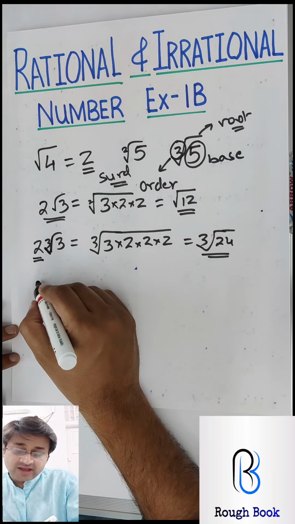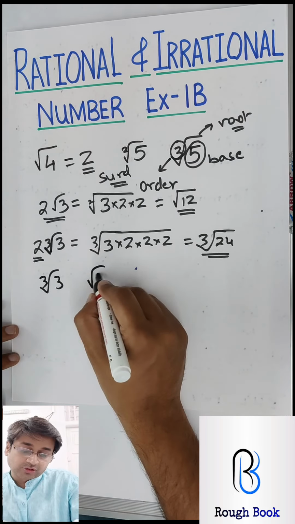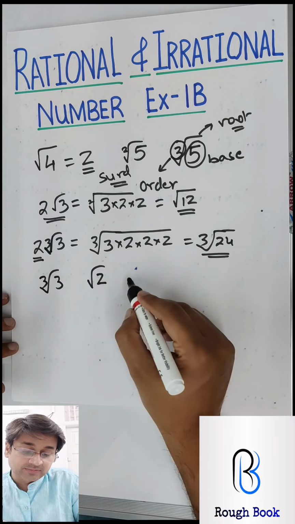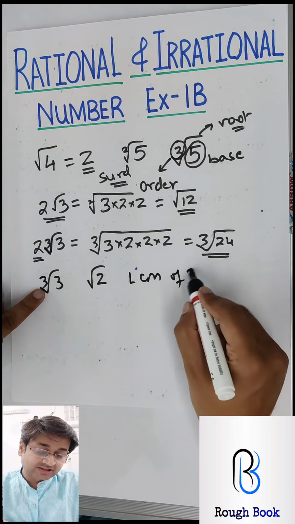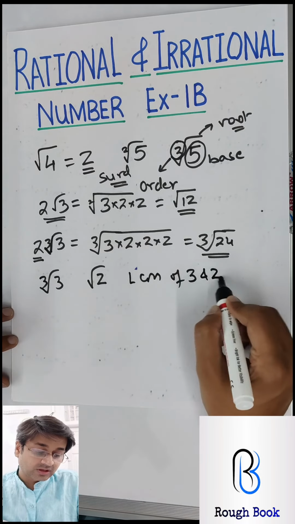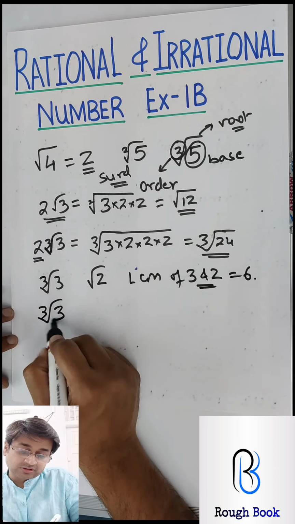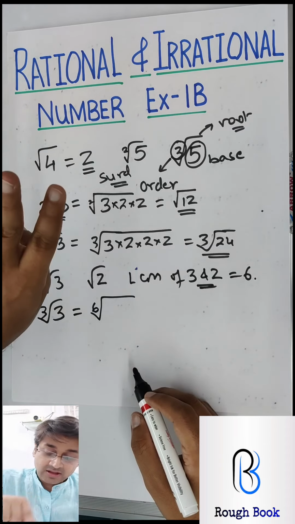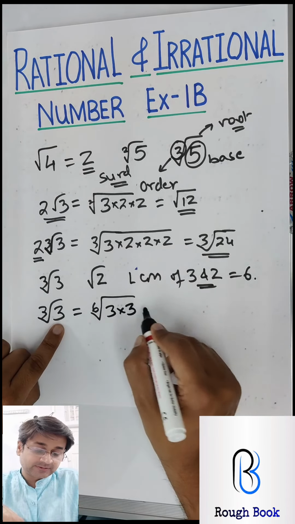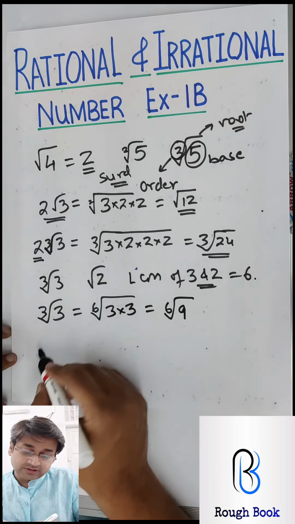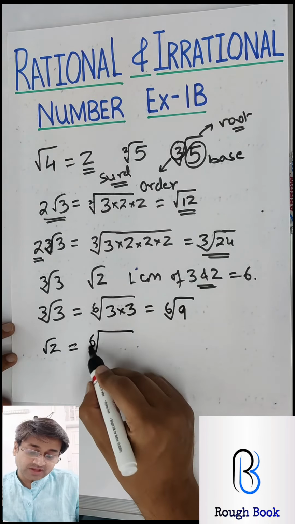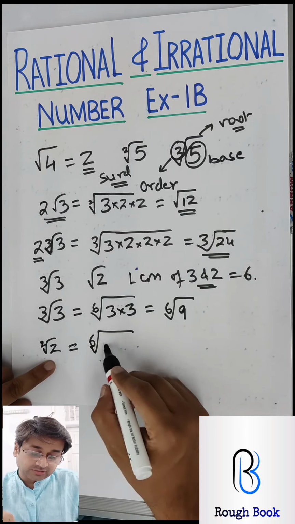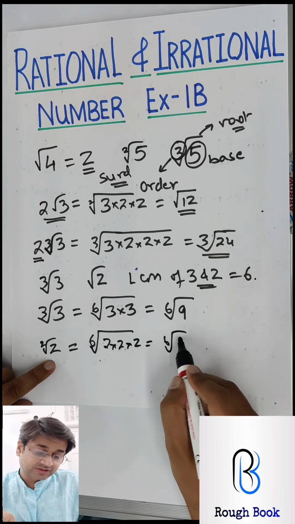Then if they ask you cube root 3 and root 2, which is a bigger number, how will you find that out? For that we'll have to make both the orders the same. So you take the LCM of the order here, that is 3, and the order here, that is 2. LCM is 6. So cube root 3 will become 6th root. This 3, how many times is 6? 2 times. Therefore the number inside will also be written twice, so it becomes 6th root 9. Likewise, root 2 is written as 6th root. This 2 is the square root, so 2 3s are 6, and this number will be written thrice. So it will become 6th root 8.